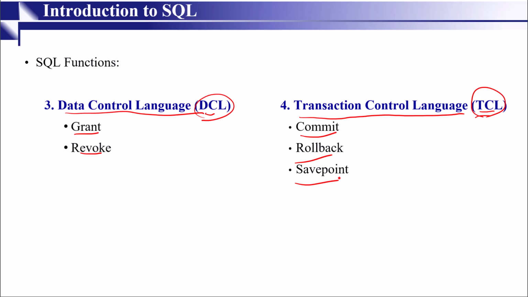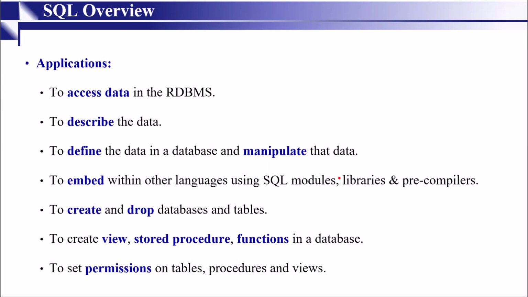Next, let's look at how SQL is applied in real-world scenarios. Now that we understand SQL's function, let's explore its application. SQL is used to interact with data in relational databases in countless ways. It allows us to access and describe data, define its structure, and manipulate it with precision. For example, we can use SQL to retrieve sales figures or update inventory levels. SQL can also be embedded in other programming languages like Python and Java using libraries and modules, making it incredibly